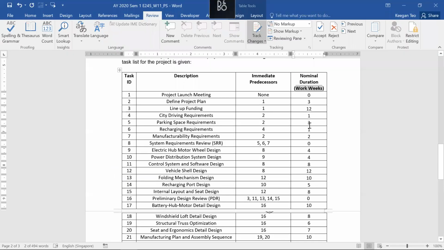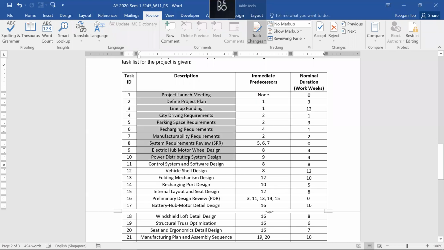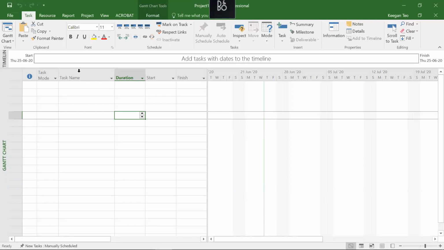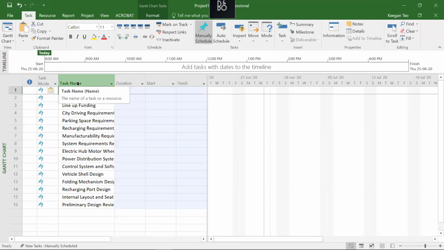Now, we go back to the problem statement. So you're supposed to create a Gantt chart for the first 16 tasks, right? So what I'm going to do is to copy the description for task number 1 to task number 16 and press Control C to copy, and come back to my Microsoft Project, and over here, press Control V to paste